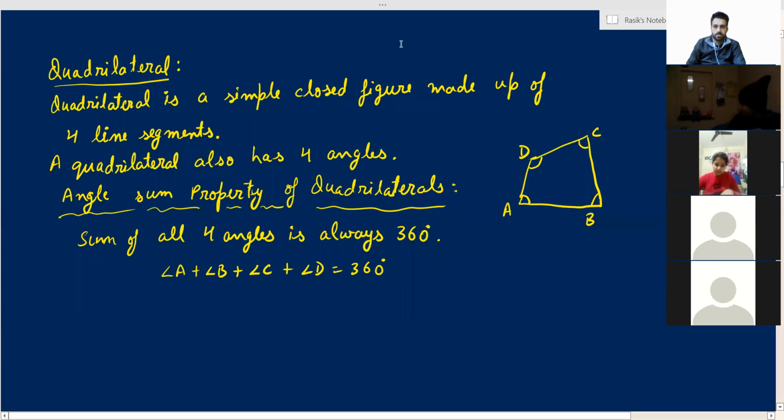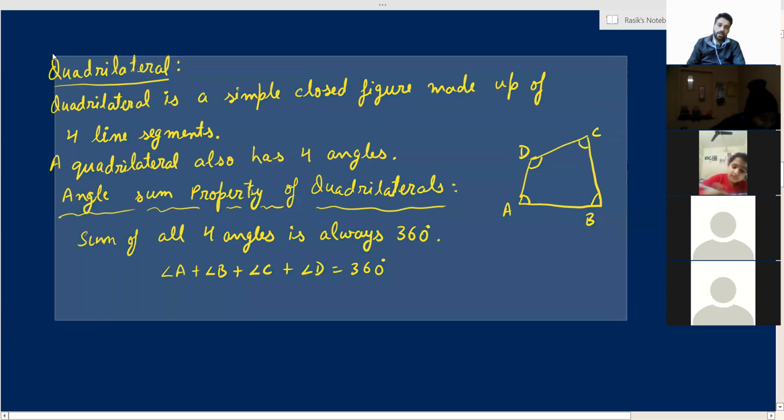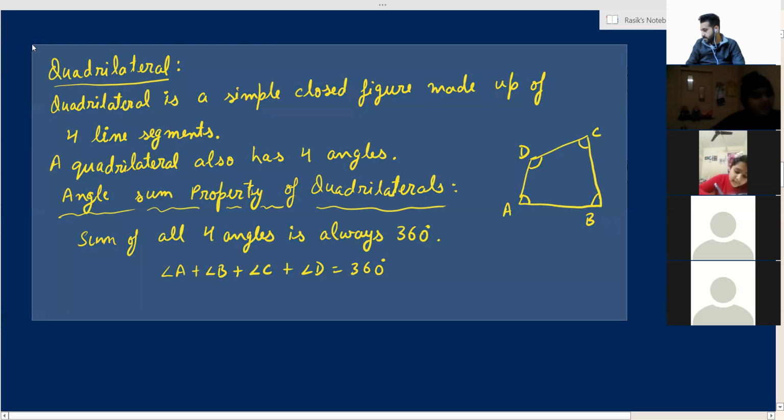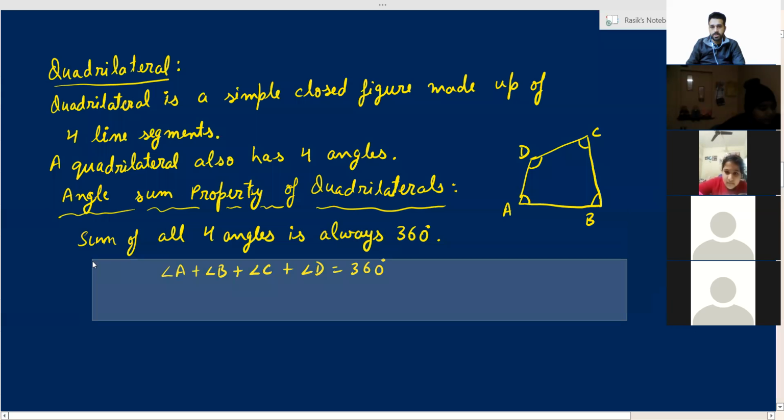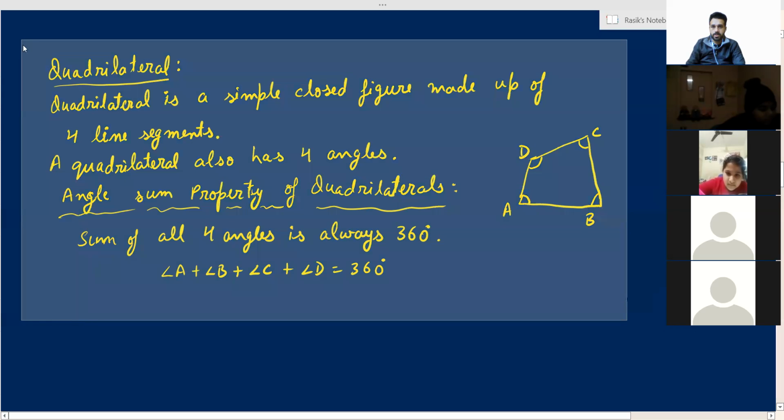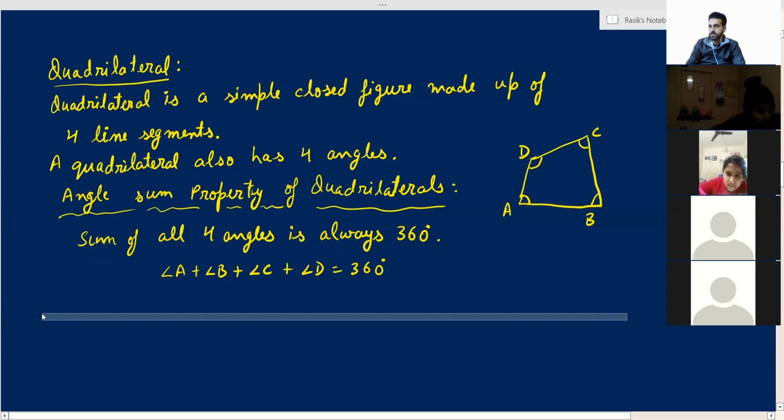That is, we have to write in a notebook. Yes, everything, all this you have to write in a notebook. It is also not given in your book, which is very surprising. Book में नहीं given है. It should have been there. But कोई बात नहीं. I am there to help you out. कुछ एक दो mistakes अगर book में है, I will help you out in that. So write down all these things in your copies. Very, very important things.